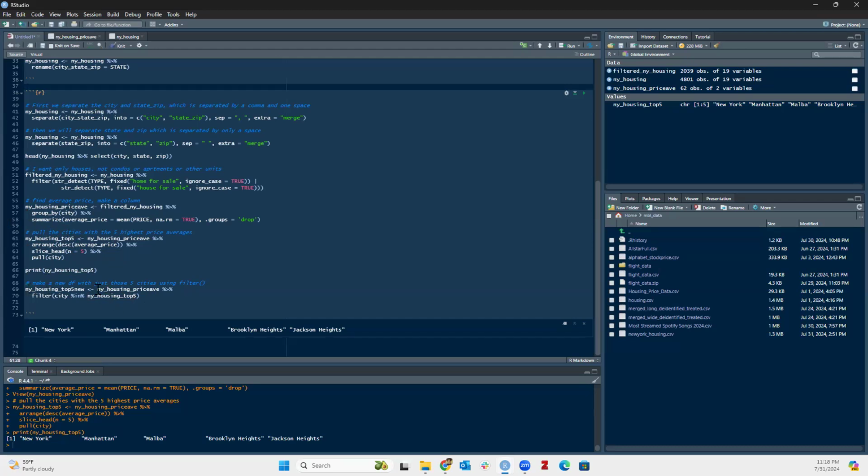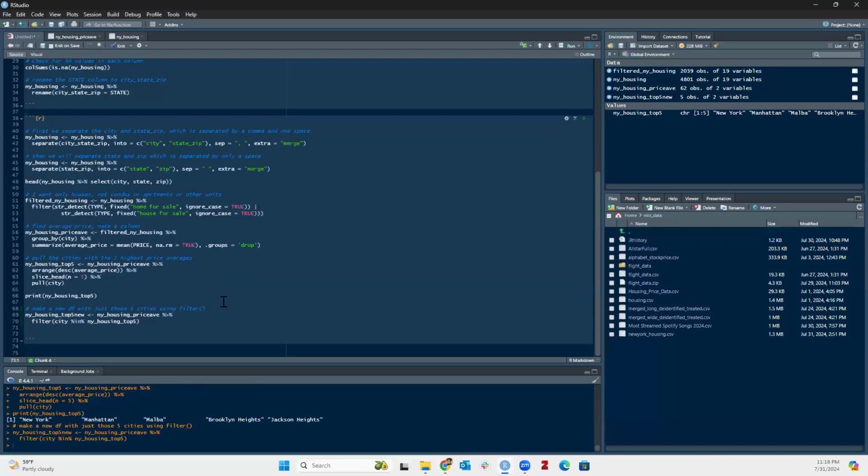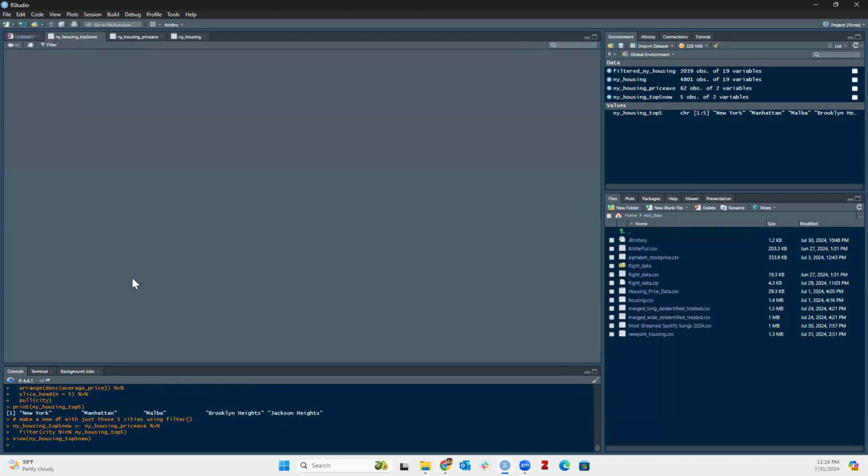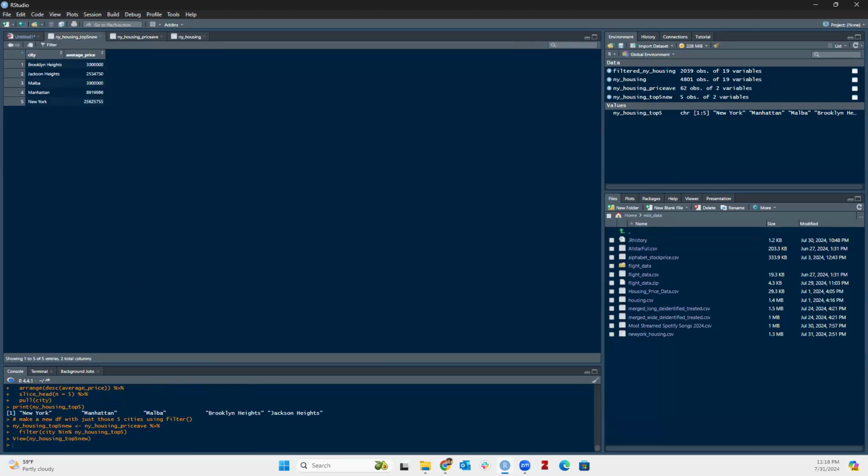So yeah, we're filtering within the city variable, the top 5 average prices of houses. And now you can see why this all has to happen sort of sequentially, especially if you're doing it a specific way. And I'm very interested to see how you guys solve these problems in a different way as well. So now what we have, look how beautiful that is. So essentially what we have is,